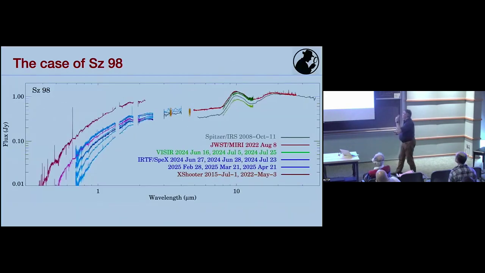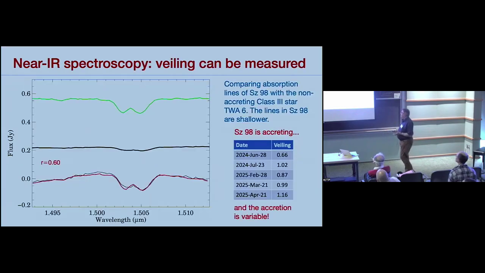So let's investigate the case of this S198. You see a lot of variability here. Obviously, this comes from the star. So if we say that it must be the illumination of the disk which causes this MIRI-Spitzer discrepancy, then the first question is whether the star is variable or not. We checked for that.